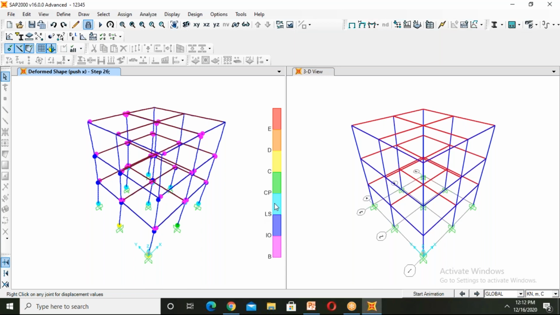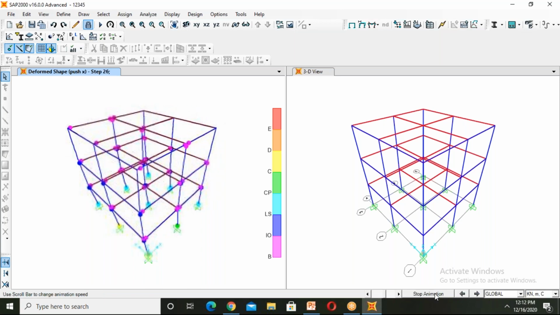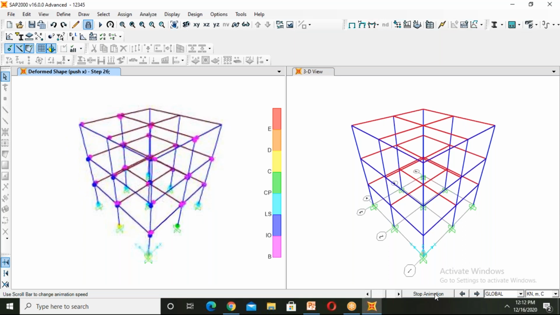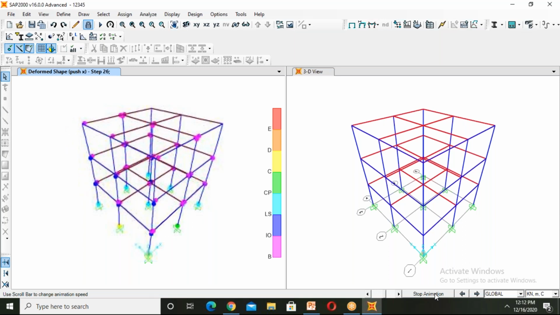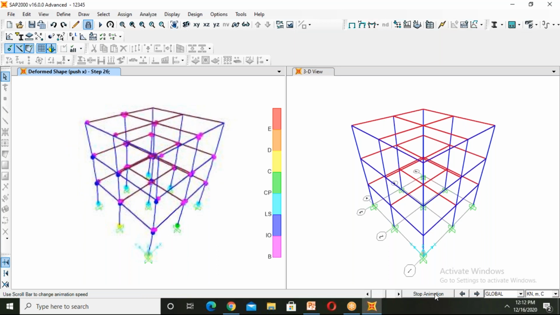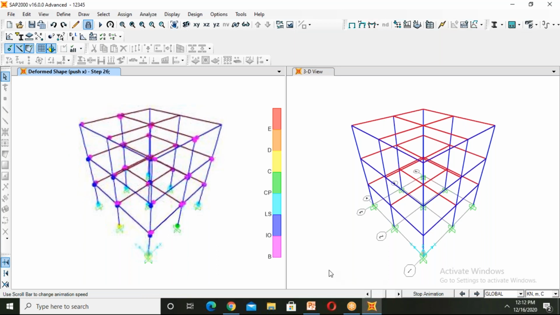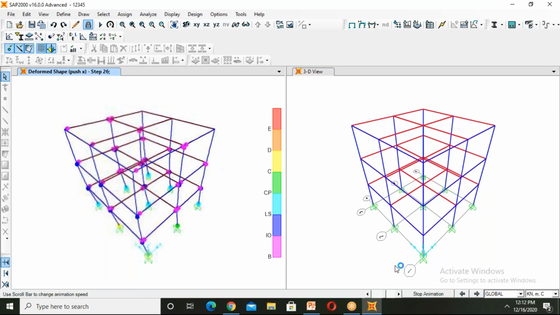Then the structure can collapse if that load comes onto this structure. So this is how the hinges will form. This is how the structure will perform when it is pushed with some load.